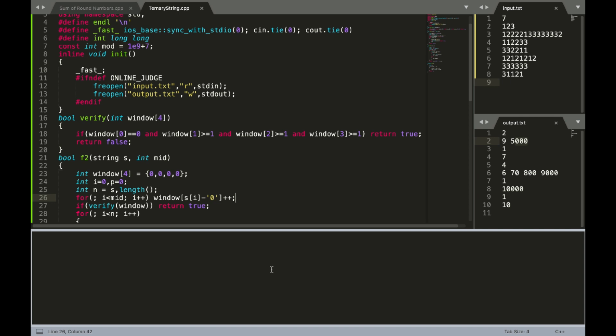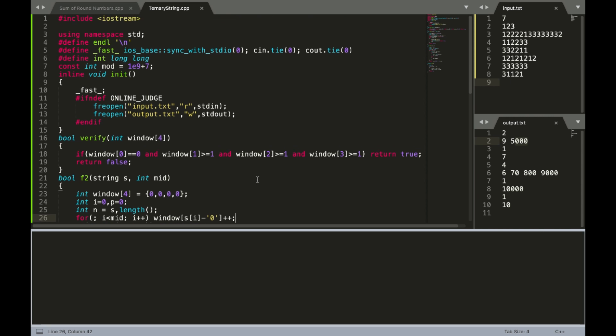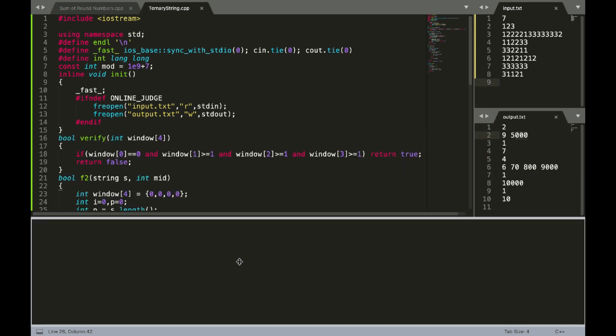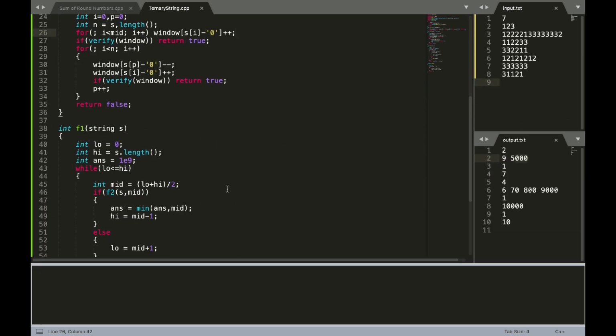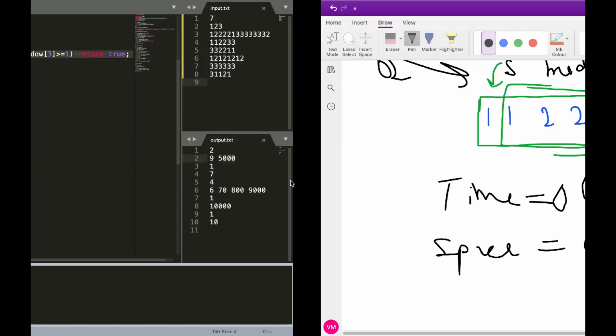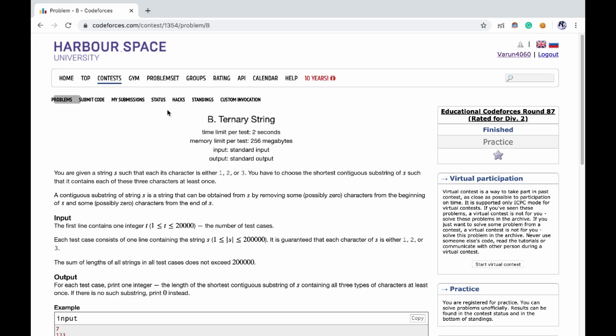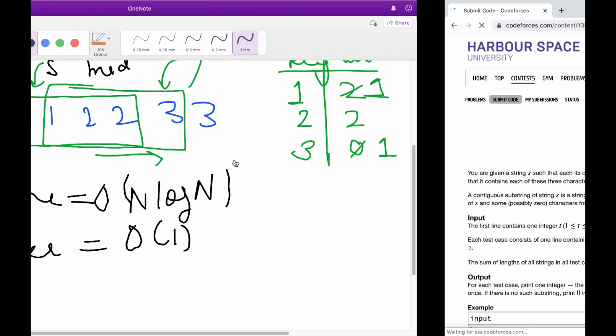Yeah, it's taking time. Still it is building. I don't know why it's not working. So what can I do now? Let me copy this code. I'll try to submit it online. I don't know why it's not working.